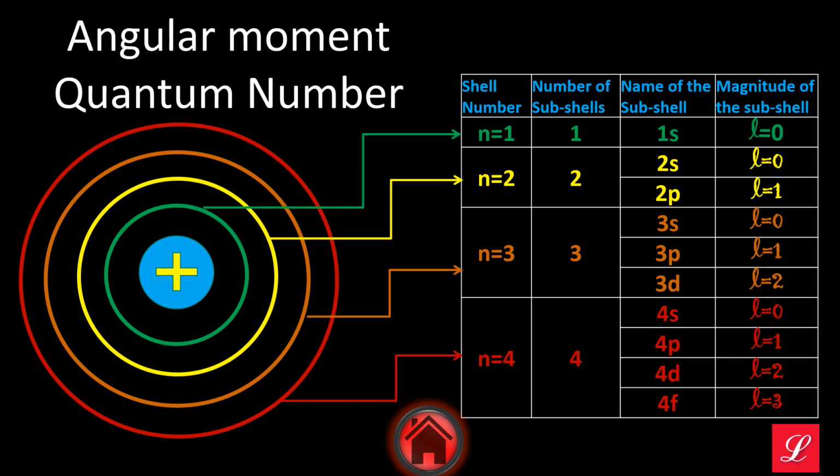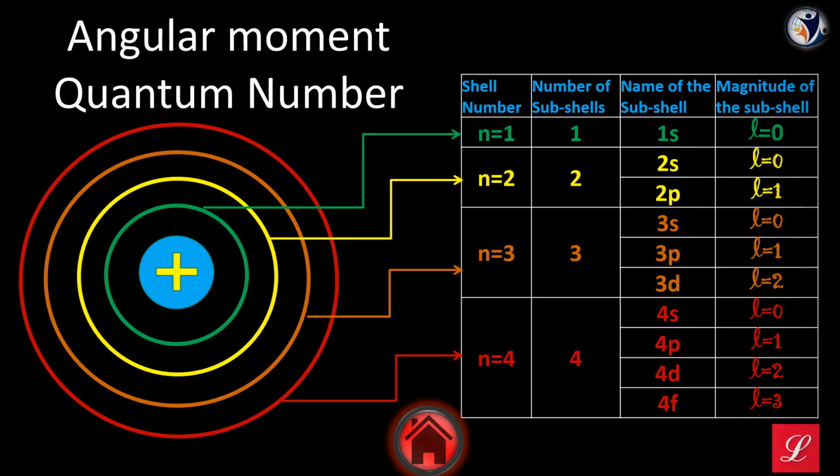Here, 2 stands for n and S stands for L. Got it? So n equal to 2 means there are 2 subshells, n equal to 3 means 3 subshells, n equal to 4 means 4 subshells. With 2, the subshells are S and P, that is 2S, 2P. With 3 it is S, P, D: 3S, 3P, 3D. With 4 it has 4 subshells: 4S, 4P, 4D, 4F. The S value, P value, D value, F value doesn't change, children. This is our angular momentum quantum number.